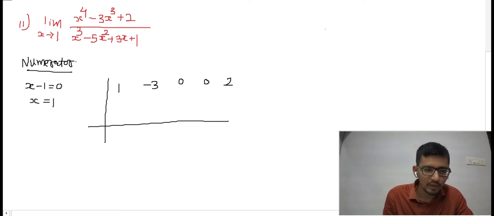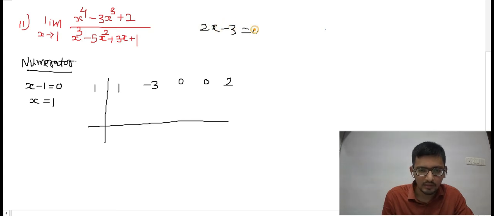Then the divisor polynomial here is x minus 1. You equate that to 0, so you get x is equal to 1. That 1 you will write here. This arrangement we should know first of all. For example, if your divisor polynomial is 2x minus 3, and you equate 2x minus 3 to 0, you will get x equal to 3 by 2. So instead of 1, you will write 3 by 2 here. This is a method you have to keep in mind. You can use it if you don't want to do the long division.